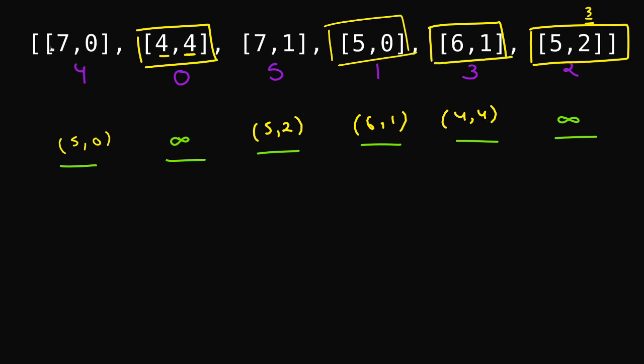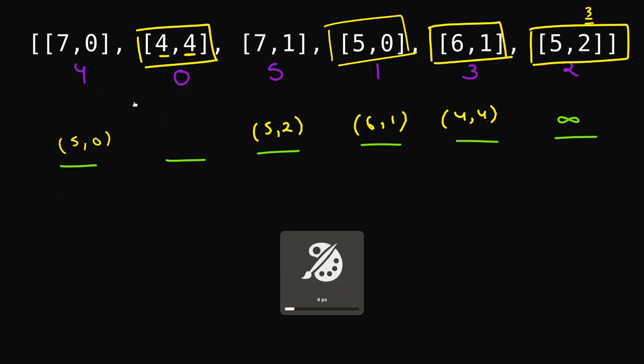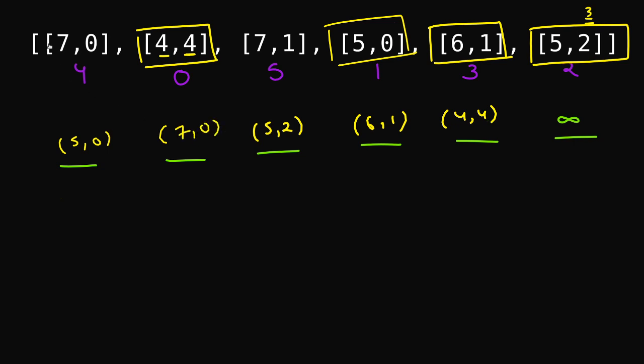Next we'll process 7 comma 0. I'll just do that quickly. Is this having height greater than 7? No, count is 0. Is this having height greater than 7? Yes, so count is 1. Then 7 comma 0 is required to be positioned at position 1. So I'll just place 7 comma 0 here, because if 0 people are there in front of 7 who are having the height greater than or equal to 7, 7 needs to be positioned at a place where count is equal to 1. We'll put 7 comma 0 here, and I'm done with that.